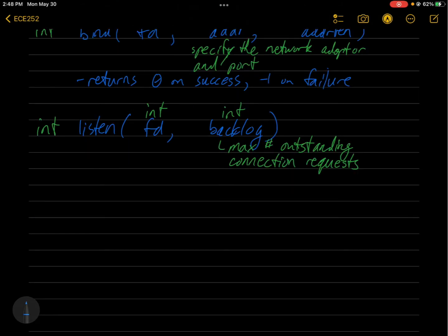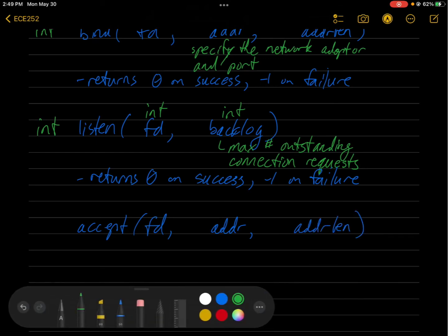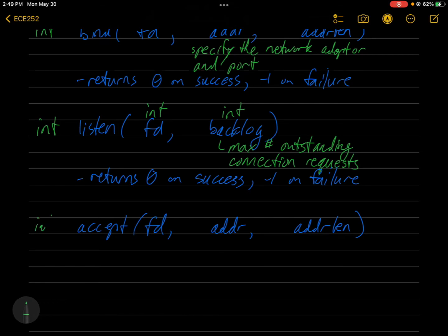So listen returns 0 on success, -1 on failure. You might see a pattern here. And the next call I want to look at is accept. It also takes a file descriptor. It takes an address parameter and an address length parameter. And the types are going to be int,